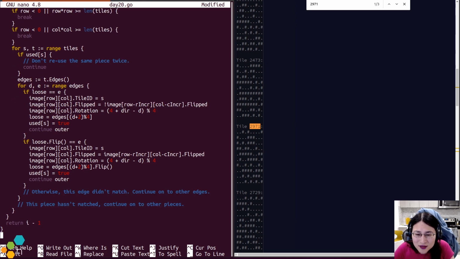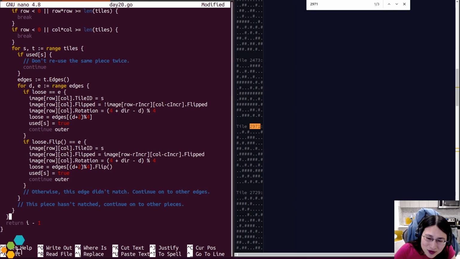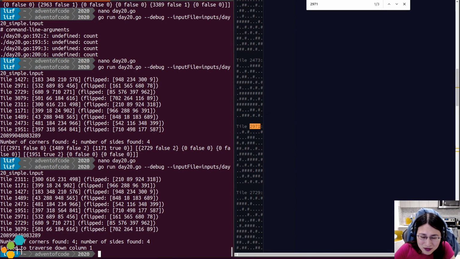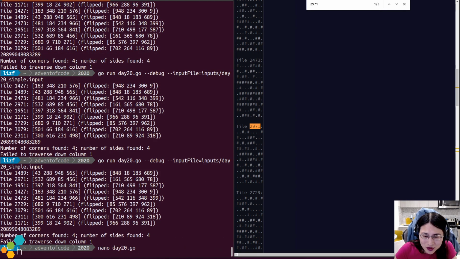If I didn't match any pieces, we know we have a serious problem here. So I need to, at the end of this loop here, say, hey, okay. Yep, so now it says correctly failed to traverse down column 1.